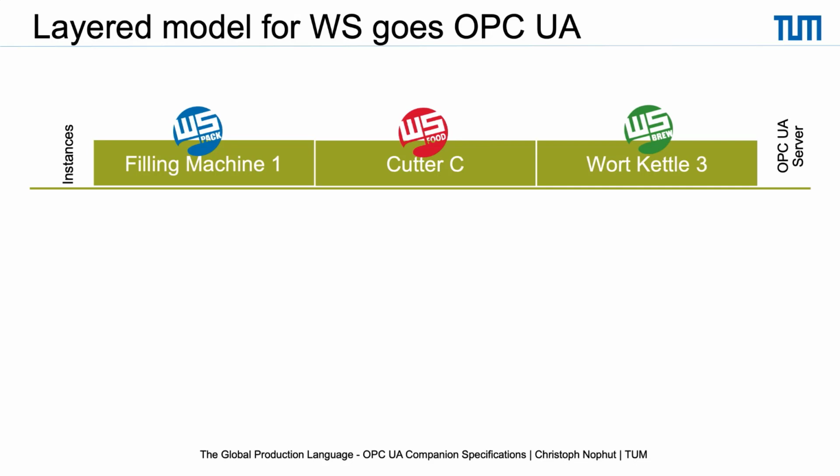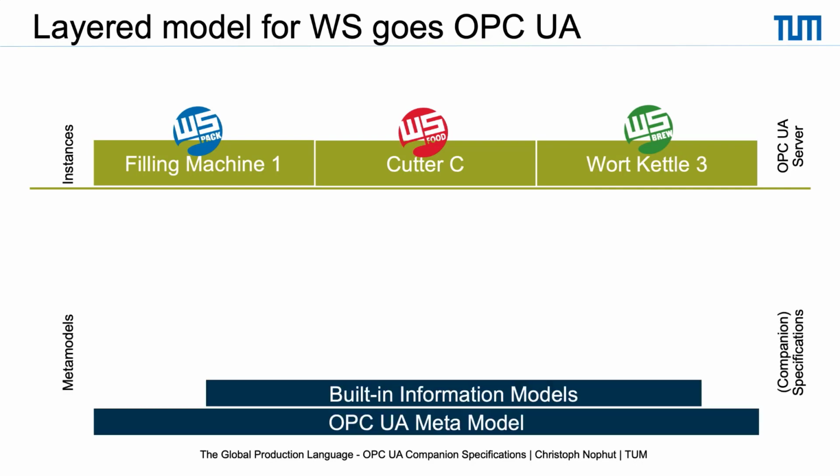So we have a layered model. At the end of the day, we'd like to have instances for different machine classes. For example, a filling machine from the WSPEC domain and a cutter from the WS Food domain. At the bottom of every server instance is the basement of the OPC UA foundation, the OPC UA meta models